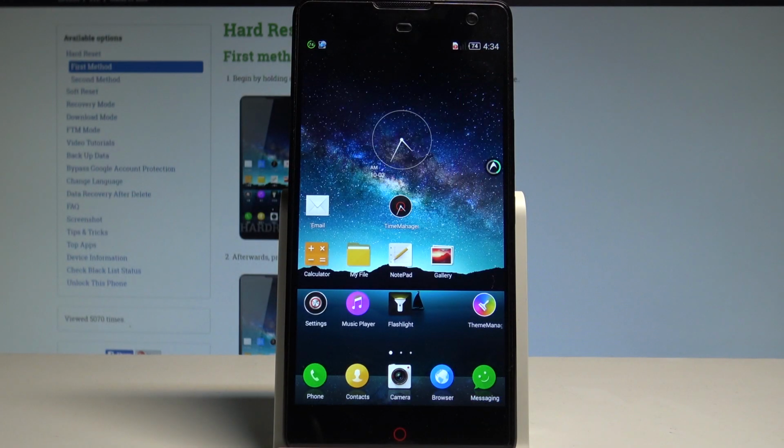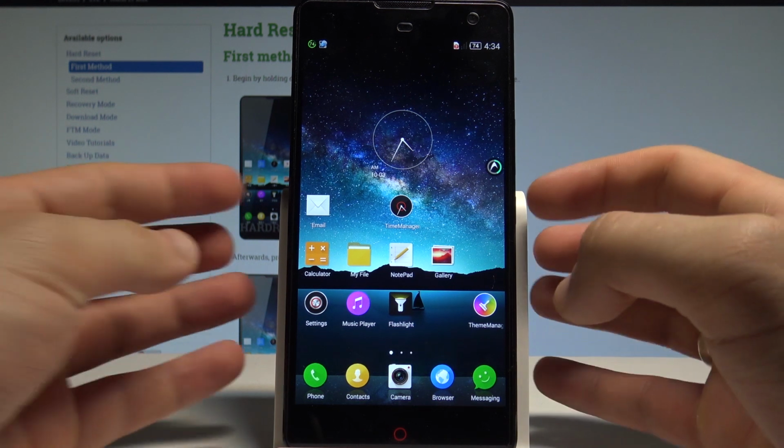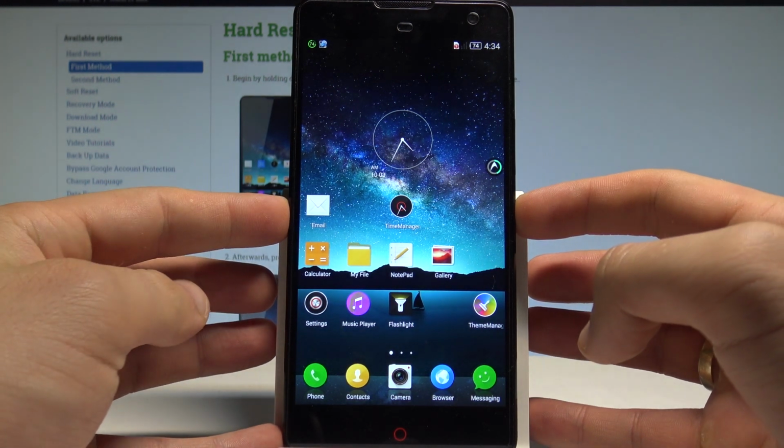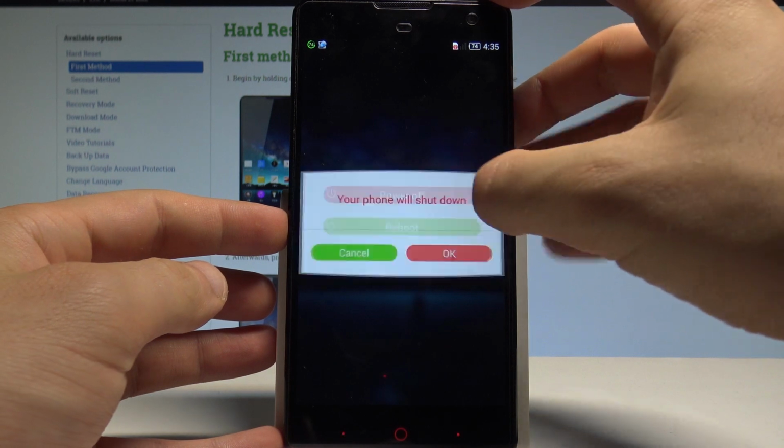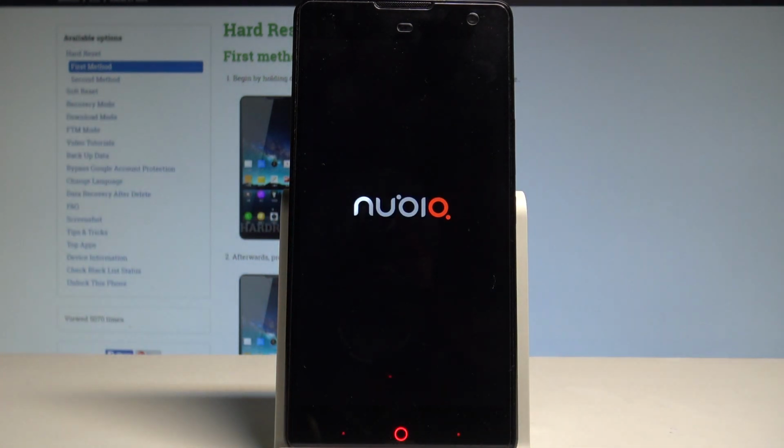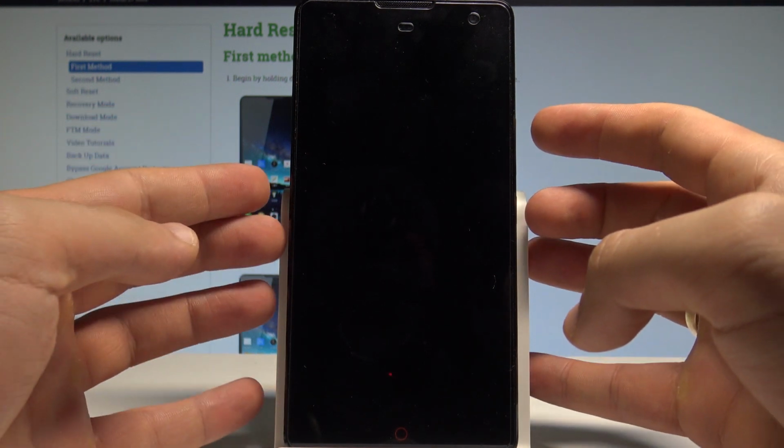Here I have ZTE Nubia Z7 Max, and let me show you how to enter the recovery mode on the following device. So at the very beginning, let's start by pressing the power key, choose power off and tap OK to confirm it. Let's wait until your device will be completely switched off,